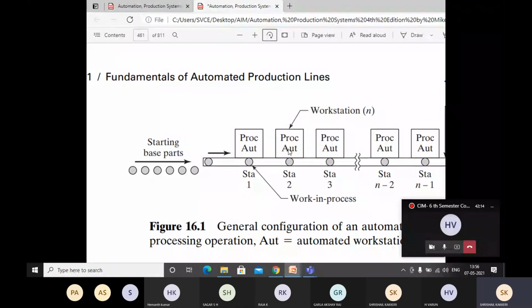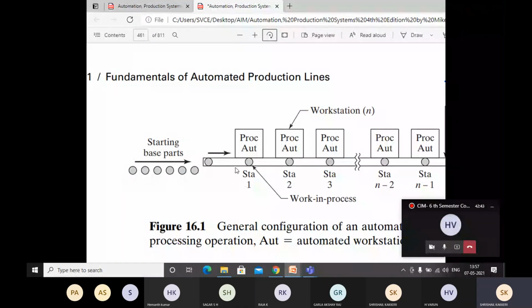It required more and it is providing less. Here we can provide two parallel machines so that the line will be balanced. And what is the nature, the fundamentals, of an automated flow line? The fundamentals of an automated flow line is that the work will be flowing from left to right, and